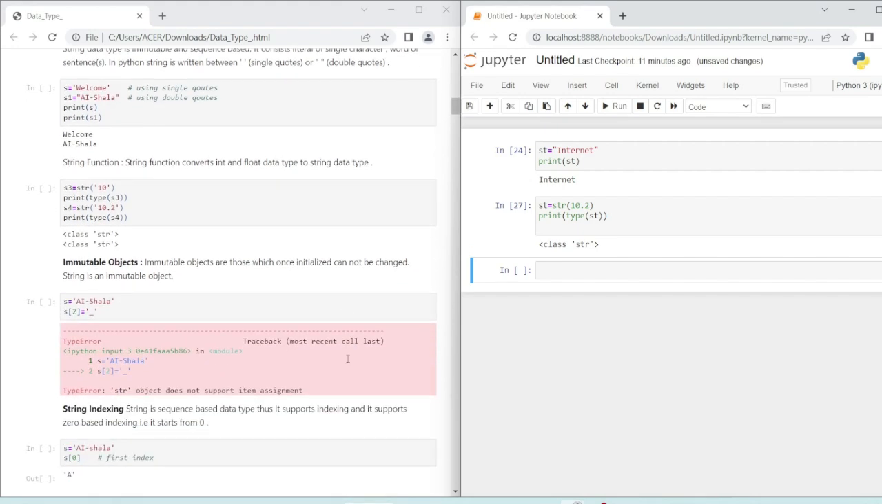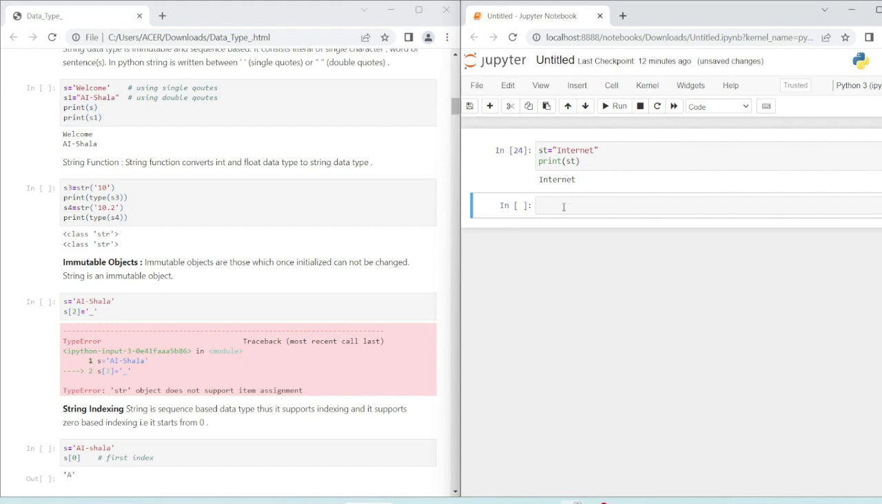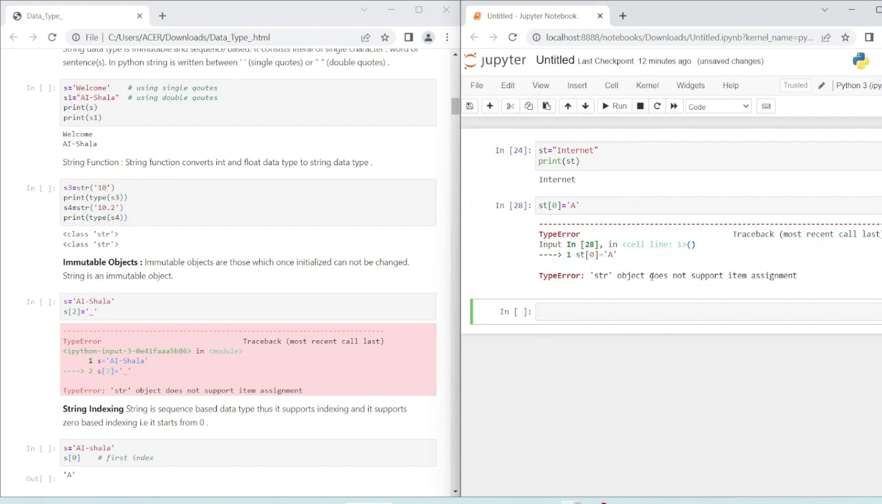Now, string is known as an immutable object because, for example, the string is internet. If I want to change the first alphabet, I to A, and if I try doing it, st[0] is equal to A, what will happen? It will throw an error: str object does not support item assignment. So if a variable has been assigned with something, changes can't be made. It can be reassigned or a new variable can be made, but changes can't be made to